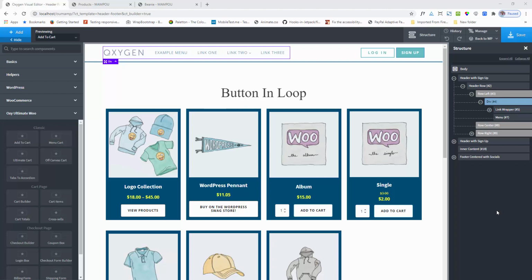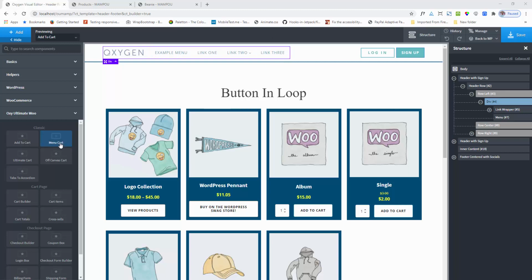In this video, I shall demonstrate the menu cart component. You can find the menu cart component under the Oxy Ultimate component sections. So here is the menu cart component. I shall add the menu cart component in my header. Menu cart just basically shows an icon with a cart counter number. You can show the number as a bubble, on the left or right side, or as a button type.